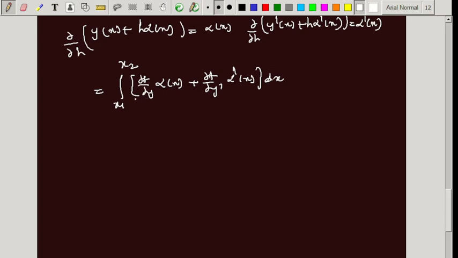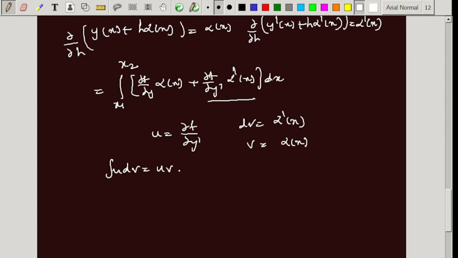We cannot integrate directly. So what we must do, we change the second term. So first we modify this one. If you want to modify this one, first we consider that u equal to dou f by dou y dash, and dv is nothing but alpha dash of x. So here by integrating this one, we get this one as alpha of x. So here if we modify this one by using the integration by parts, so integration of u dv equal to u into v minus integration of v into